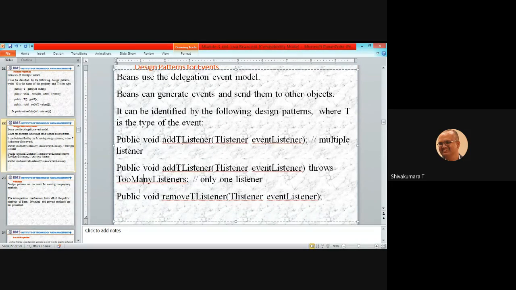So one more method you need to define: public void remove T listener, event listener. Once you finish talking about this topic, you are going to deregister from the online session. In the same way, you are not going to listen. So remove T listener is another method which handles your events in the Java Bean.